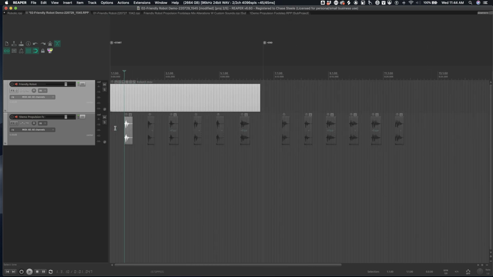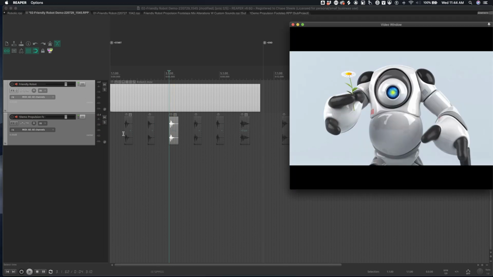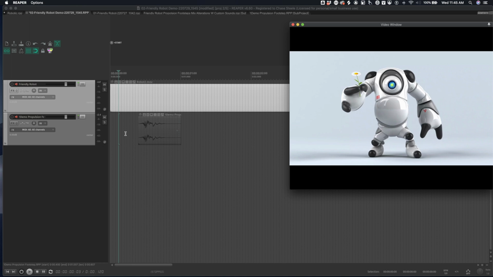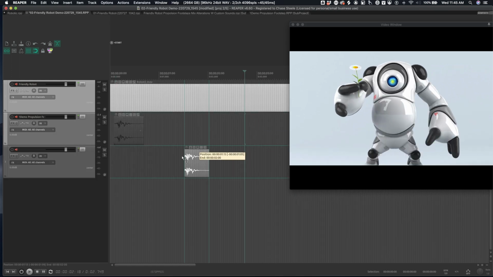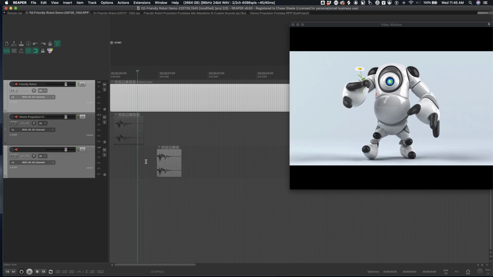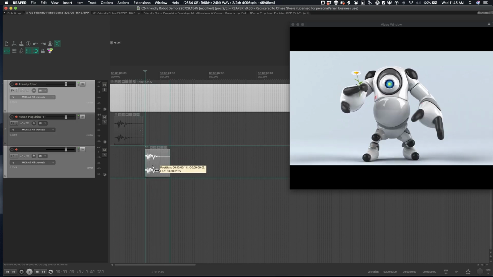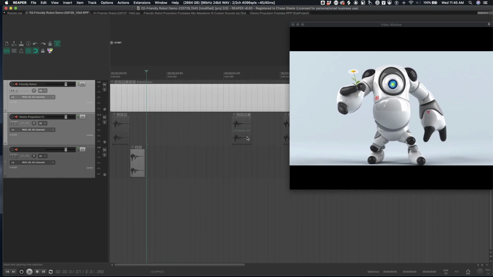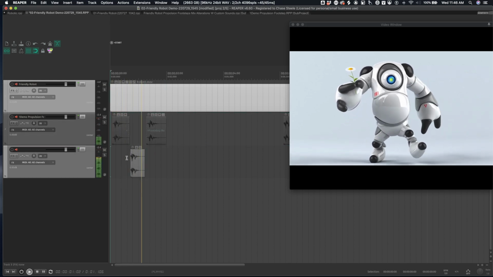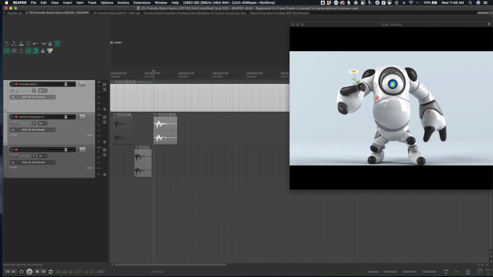Cool. So now everything is cut up so that I can start just kind of aligning these. All right. So I could kind of start cutting if I wanted to. So it looks like right about there's the first one. I might need another track actually. So let's do that. And then grab the second one. Let's see. Where does it come down? Right there. And these are probably just not going to be perfect. I'm just kind of trying to do them quickly. Right. So right about there. And let's just see what that's like. All right. So obviously this one's a little bit off.